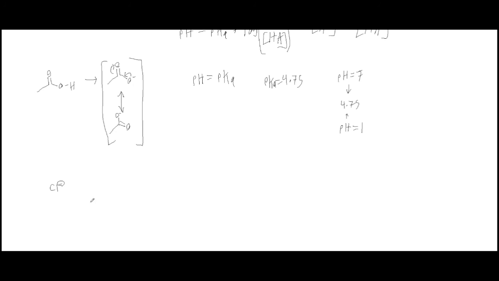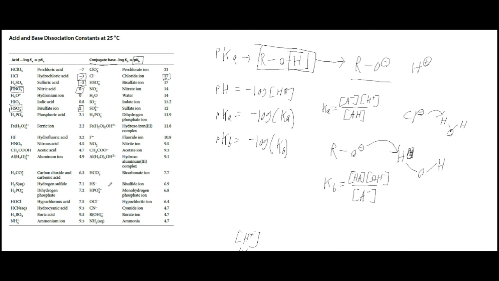And so there are lots of different ways that these conjugate bases can be stabilized, but just know that if something has a lower pKb, then it's more